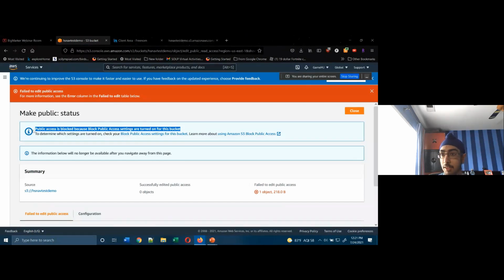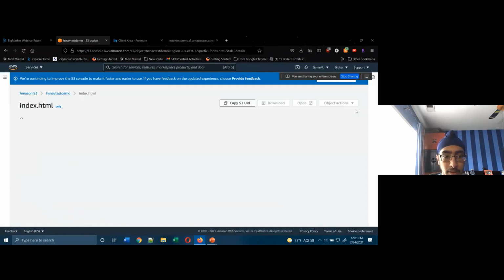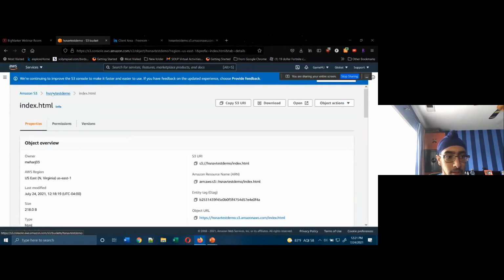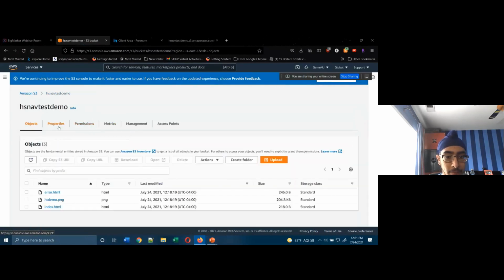So if your bucket is not public, if your folder is not public, then none of the files within it can be, because that's a breach of security. You can't have a folder be private, but some of the files within it be public. That doesn't make sense. You have to make the folder public first, and then you can make whatever files you want within it public. So what we can do is hit close, go back to the AWS Navigator test demo, and then go